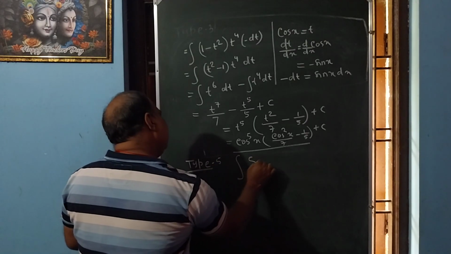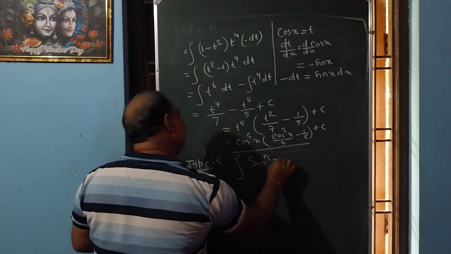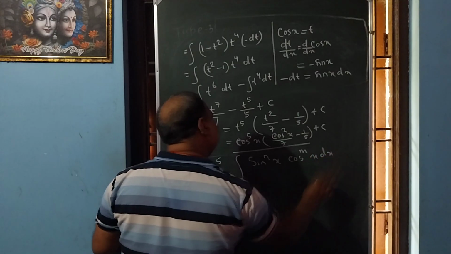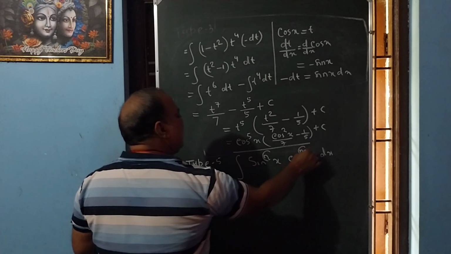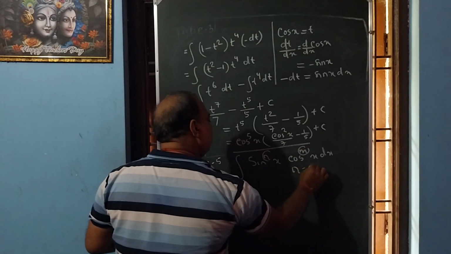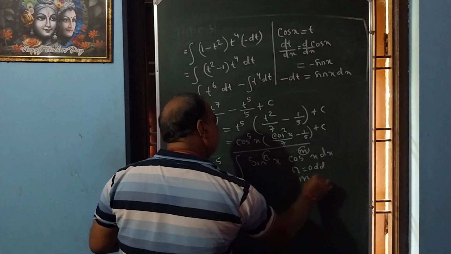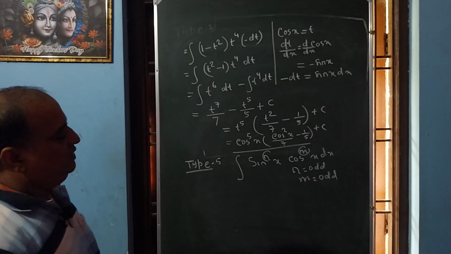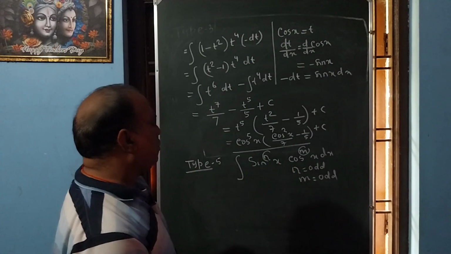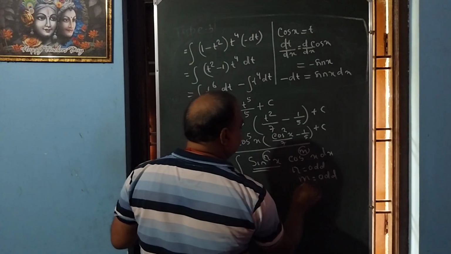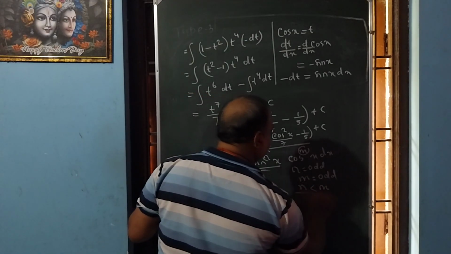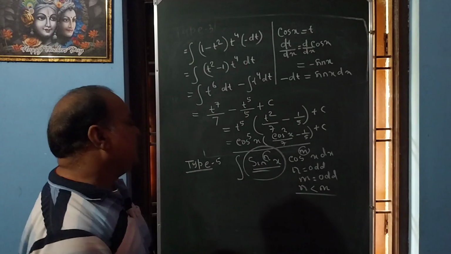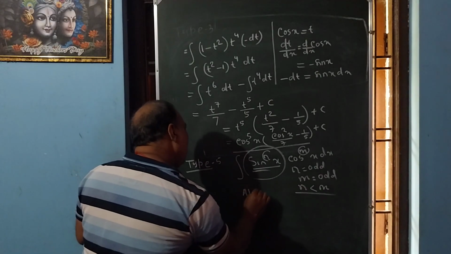Integration of sin to the power n x cos to the power m x dx, where both n and m are odd. Both are odd, but n is less than m. When n is less than m, then always put